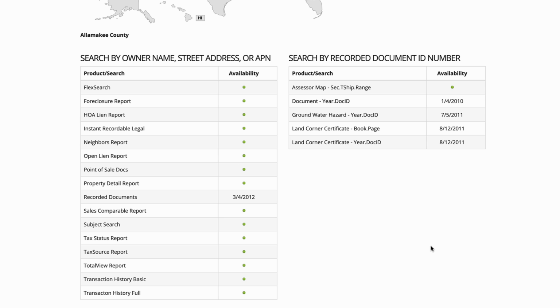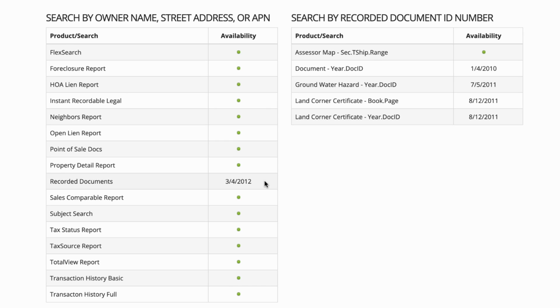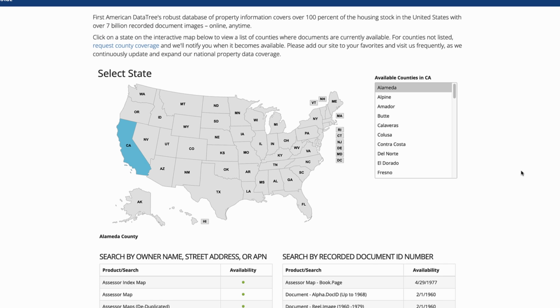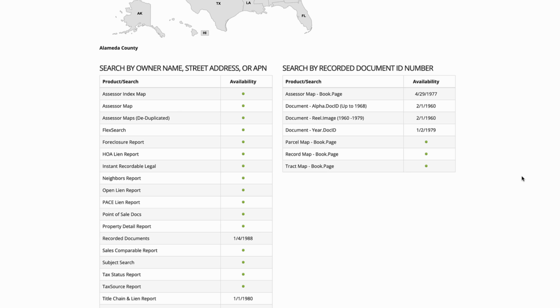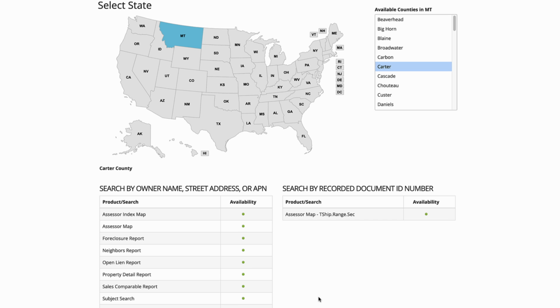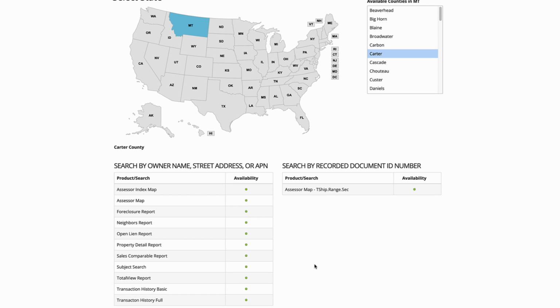And generally what you're looking for is down here where it says recorded documents, and it'll also show you this date, and that means how far back in time the recorded documents are available to view. But just if they're available at all, that's kind of what you're looking for. You'll find that in some states and counties, like for example California, there is a ton of information, like everything you could ever dream of. Whereas in other states, there's not so much. We can't actually see recorded documents in this particular state and county. So in this area, we would not be able to get this.